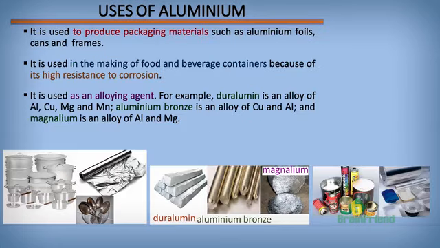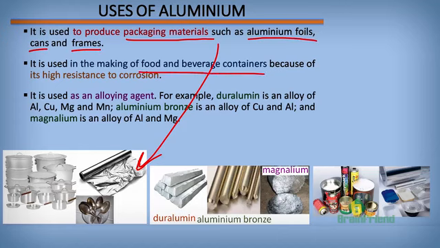Aluminium is used to produce packaging materials such as popular aluminium foils. We've said that aluminium is light and is cheap, and it doesn't rust easily. So it's a very good metal that can be used to wrap our food, our gifts. So it is used in making things like aluminium foils, cans, even some of our drinking cans, and also in making of frames. Aluminium is used in making of food and beverage containers because of its high resistance to corrosion,